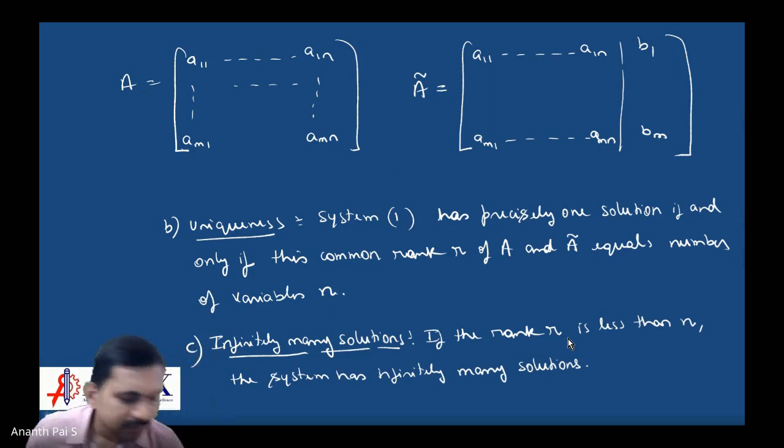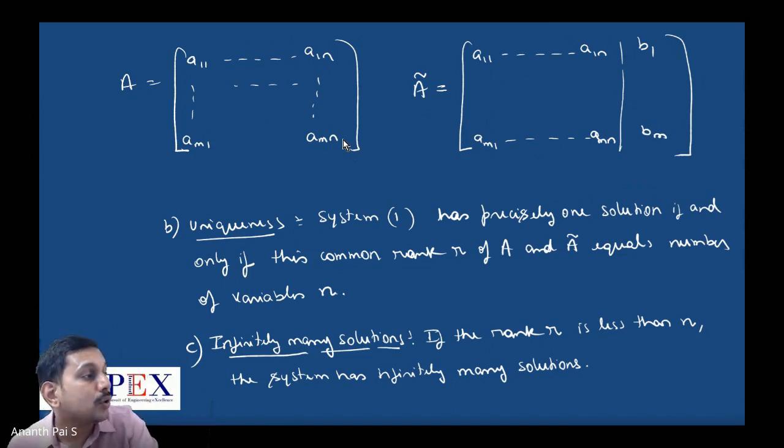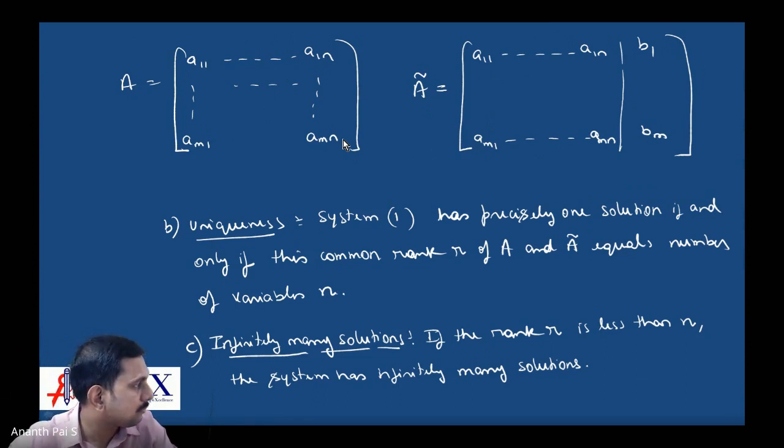Okay, I'll repeat again. See, there is a coefficient matrix. There is an augmented matrix. The rank of this is equal to the rank of this. Solution exists. Now, if the rank of the augmented matrix, which is equal to the rank of the coefficient matrix, is equal to the number of unknowns, but again,